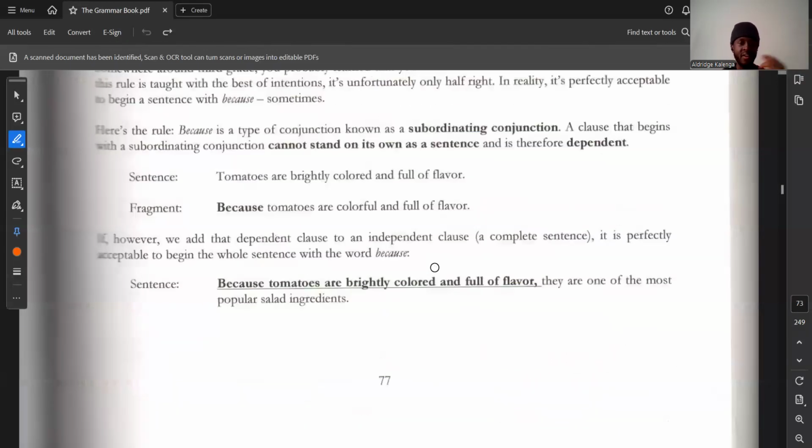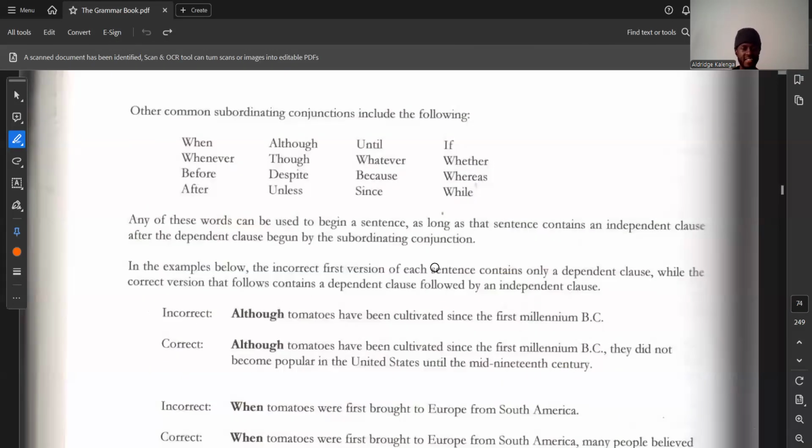Yeah. So here are some other common subordinating conjunctions, right? If you've written the ECZ, you definitely see this. Unless you study hard, you will fail the examination. So unless you study hard, that's a fragment. You will fail the examination, that's a sentence. It's a bad statement to tell someone, it's not encouraging at least. But unless you study hard, that's a fragment, you will fail the examination. That's a sentence. So now the word unless is